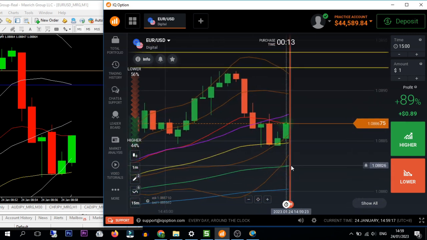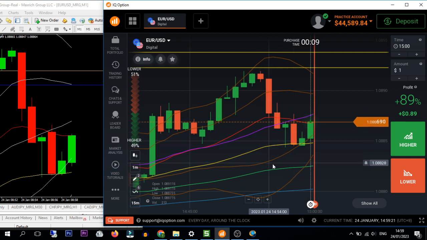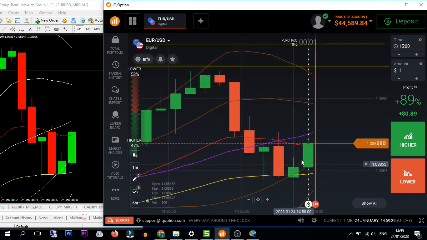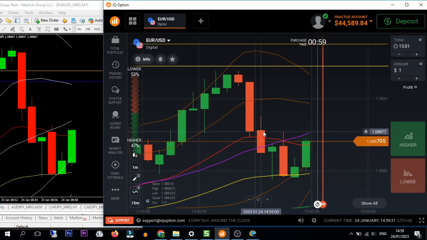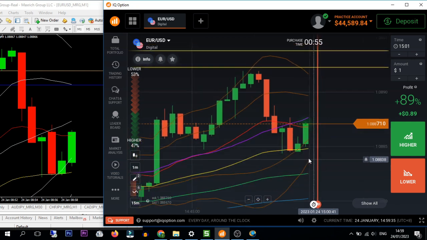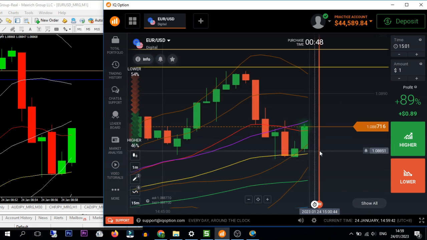So now we have to wait again. So what is the time? Okay, 19 minutes. I think maybe one more. Okay, this is kind of a good one. Higher high, higher low. So I have to calculate this and this. This is bearish, bearish. So in my opinion this will be a put if it has upper and lower shadow. Let's see,